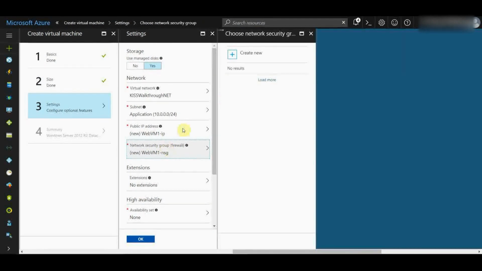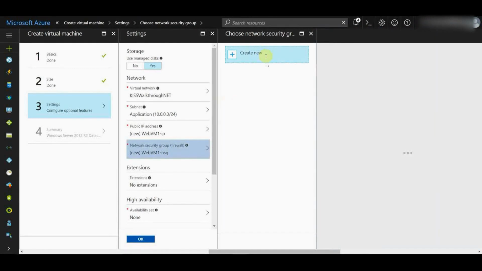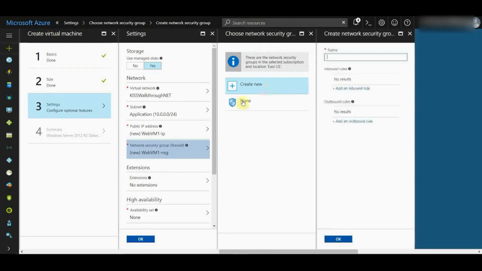So we're gonna click network security group. I'm gonna create a new one, and I'm gonna create a couple of rules here, inbound rules. So we've got RDP all set up, which is good. We're just gonna call this apps NSG, just to go with that. We're going to add an inbound rule here,